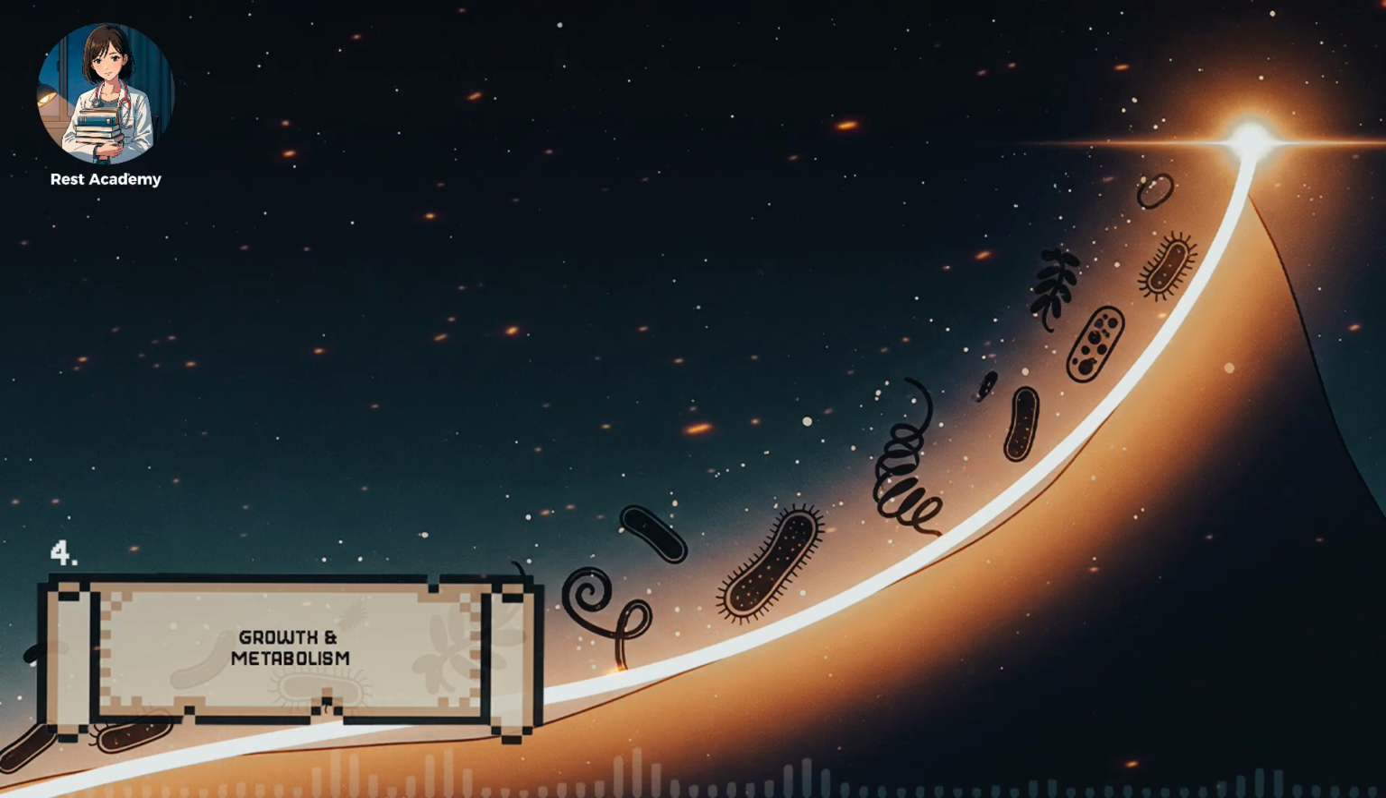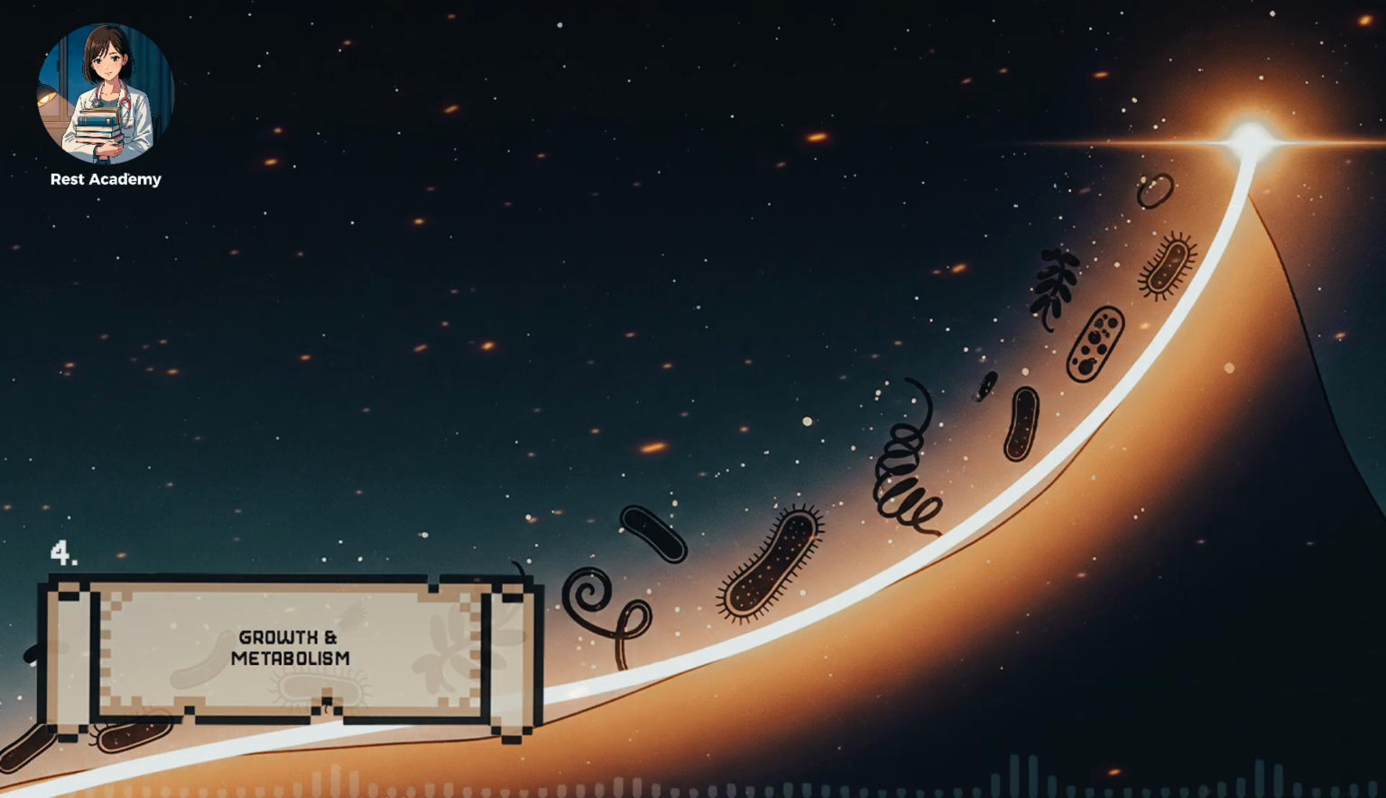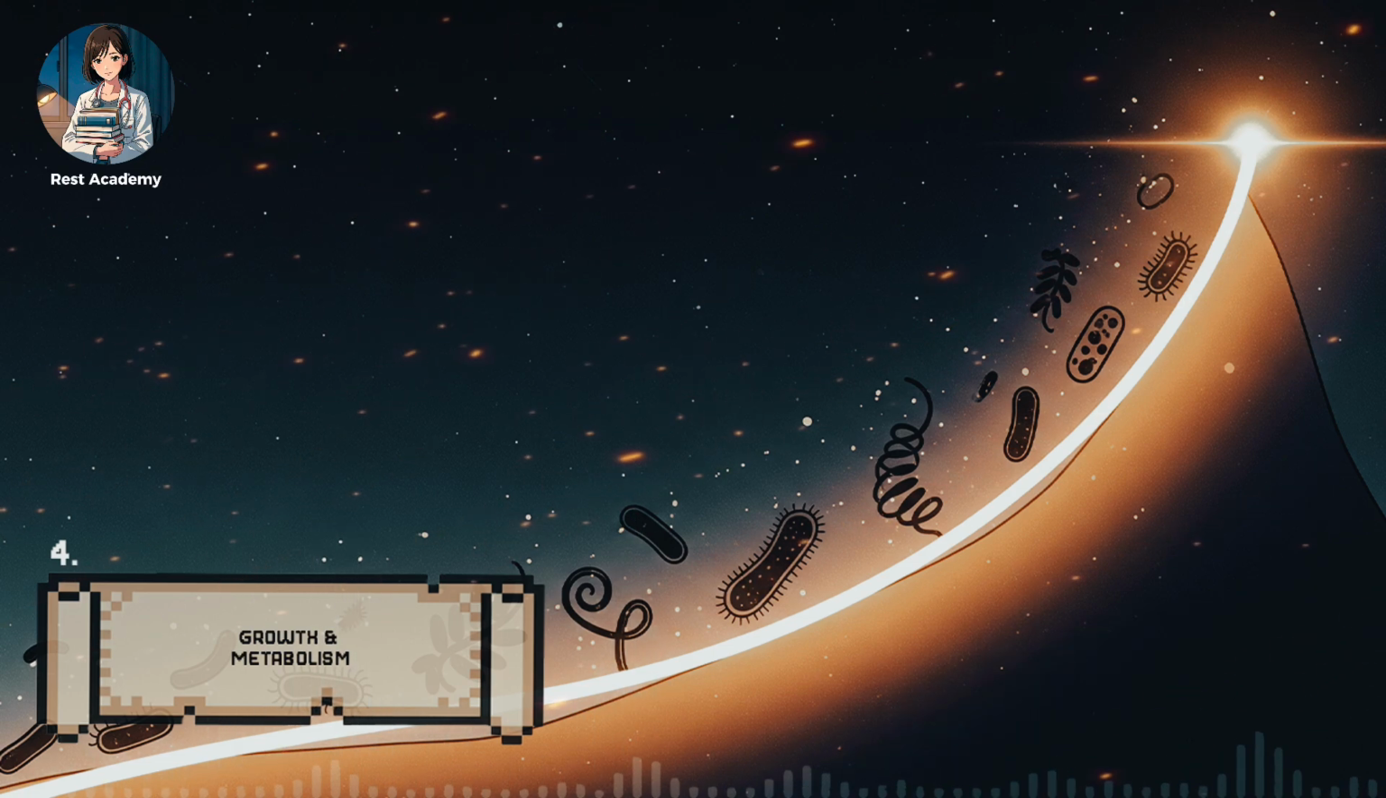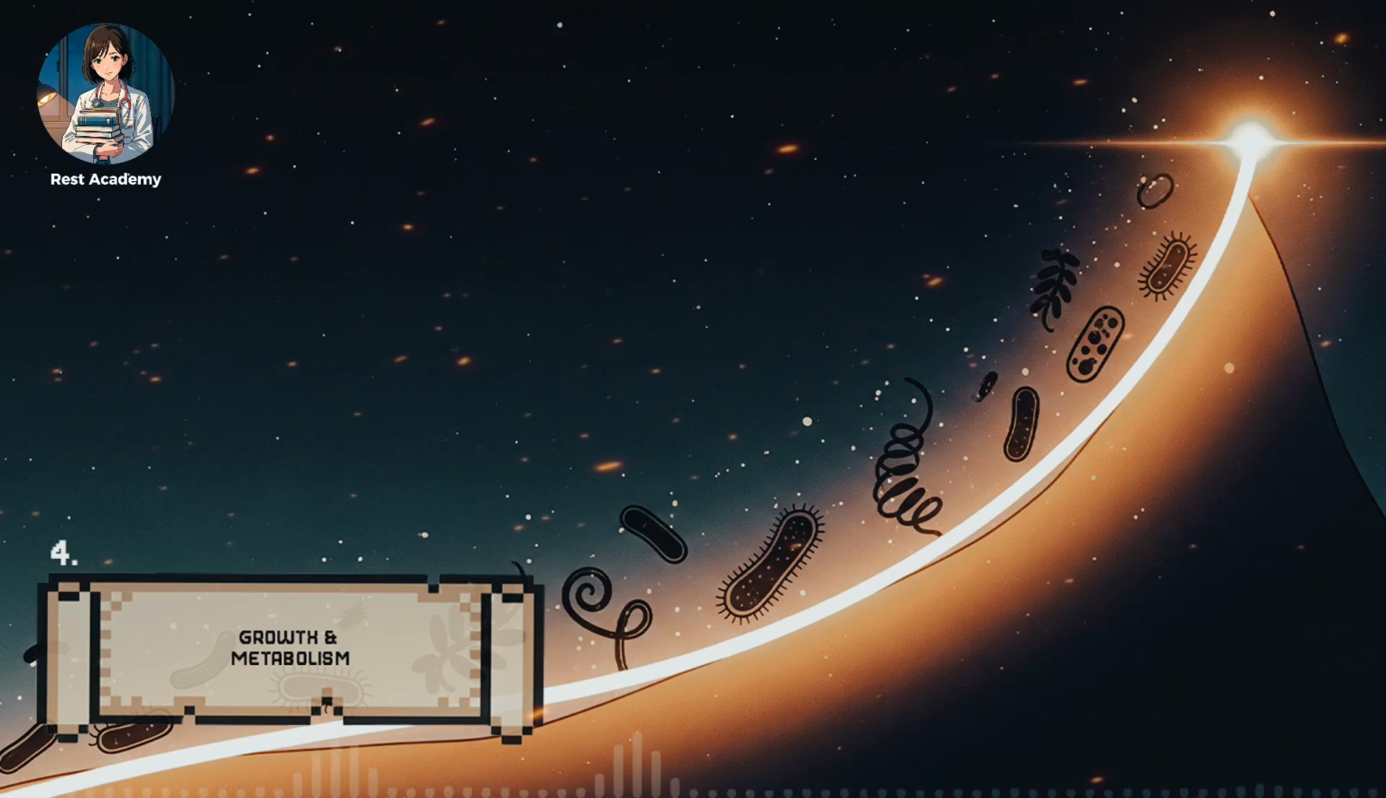Indwelling devices add another niche. Smooth materials, intermittent flow, and conditioned surfaces invite adherent communities rather than free-swimming cells. Those communities are biofilms, structured, surface-attached populations encased in a self-produced matrix. The matrix, often called extracellular polymeric substance, is a blend of polysaccharides, proteins, and extracellular DNA that anchors cells and